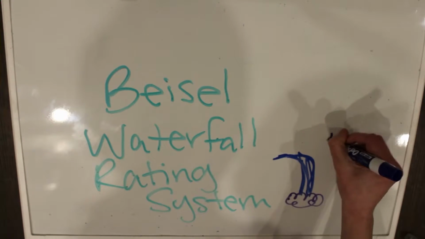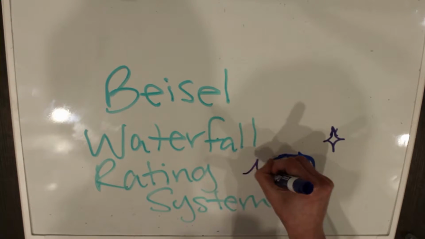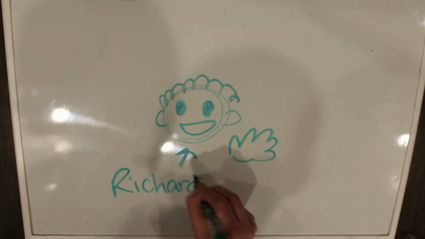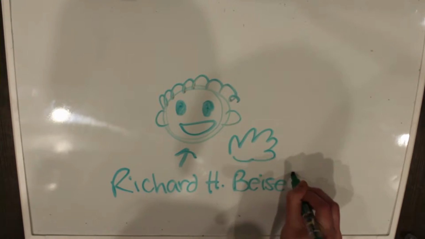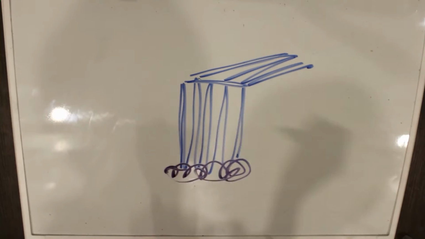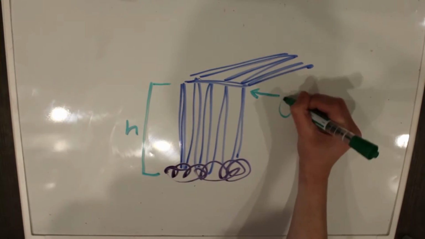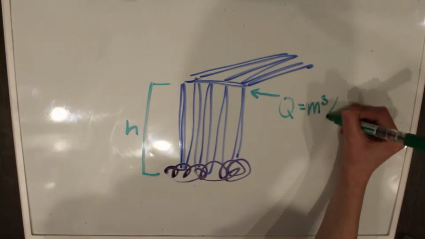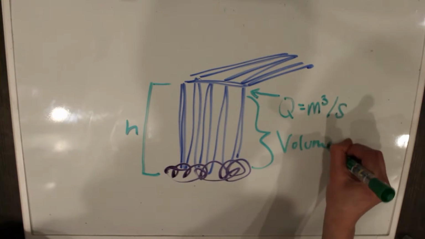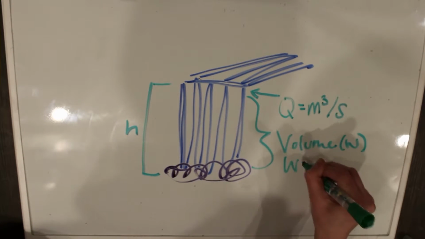Here's a fun fact. There's a system called the Beisel Waterfall Rating System, created by a guy named Richard H. Beisel Jr. His system uses mathematics to rank waterfalls into classes. A waterfall of height h has a discharge of water falling from it called Q. The volume of the waterfall W can be determined by multiplying Q by the time it takes the water to